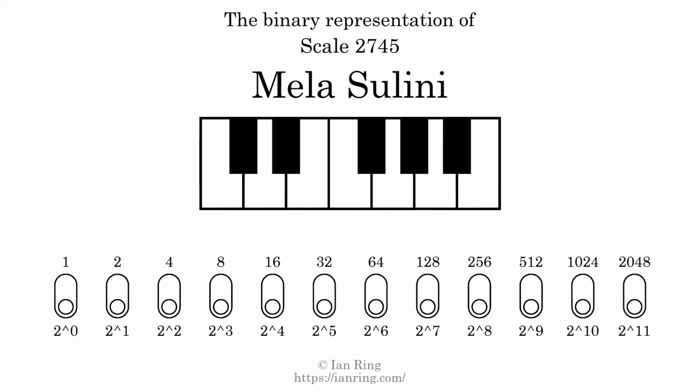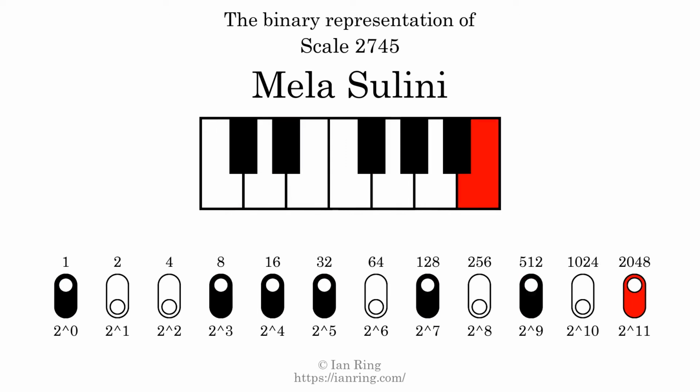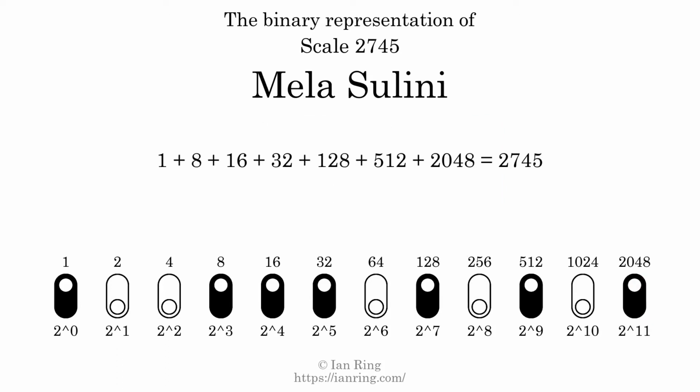The binary representation of this scale is determined by mapping tones of the scale to binary digits. Each binary digit represents a power of 2. To get the scale number, we add the powers of 2 together. The powers of 2 that are present in the scale, all added together, equals 2745. That is why the scale number, in decimal, is 2745. The scale number not only enumerates the scale with a unique index, but it also literally describes the tonal content of the scale. Represented as a binary number in base 2, the scale number is